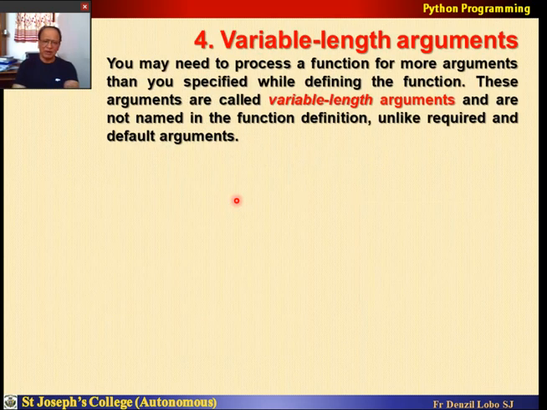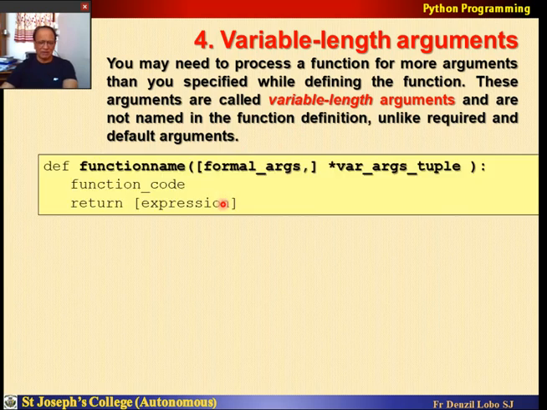And with that we come to the fourth type of arguments, what is called the variable length arguments. So we may need to process a function for more arguments than you specify while defining the function. These arguments are called variable length arguments and are not named in the function definition, unlike the required and default arguments. Let us see the example. So I said def function name, I give formal argument 1 or nothing, or then I put star variable argument tuple. So I'm going to give a tuple of arguments. Then it does